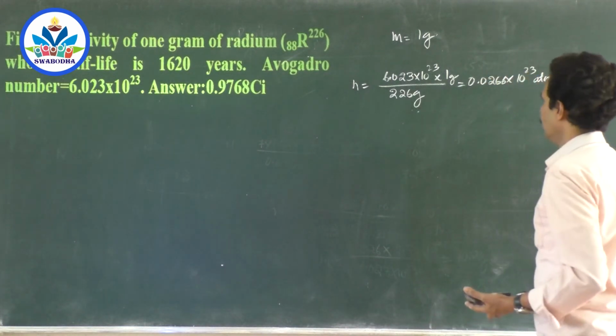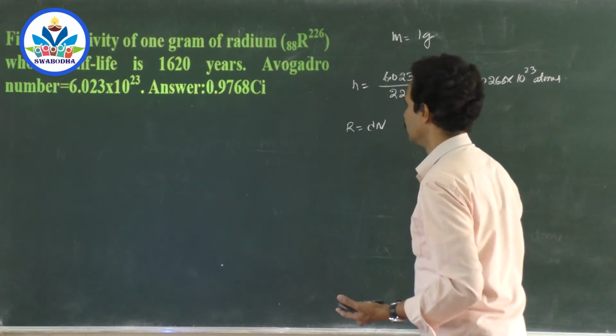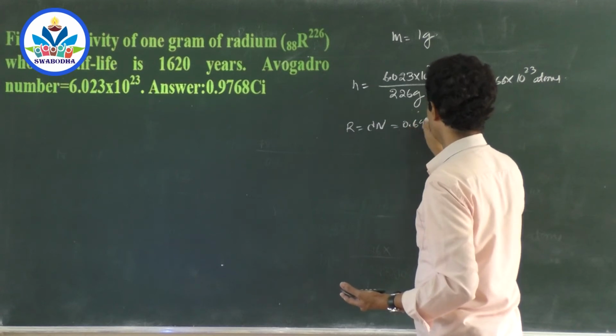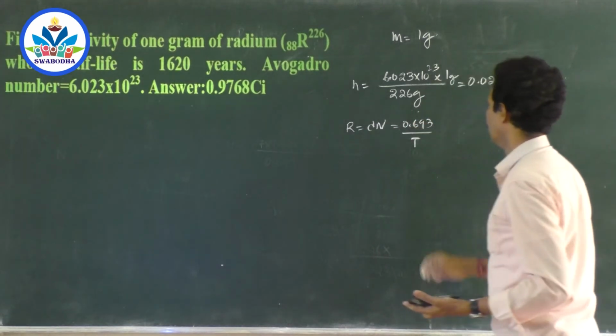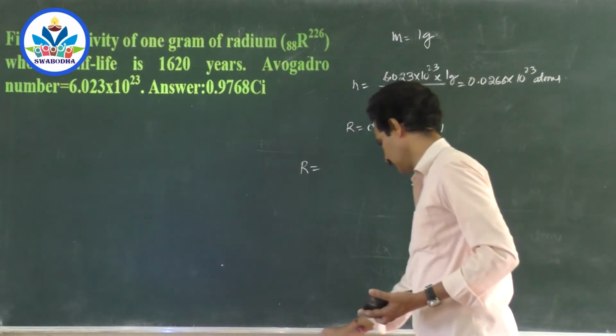Okay, then what is activity? Radioactivity R is equal to lambda N. How do you calculate lambda? Lambda is 0.693 divided by half-life. So the activity of radium is